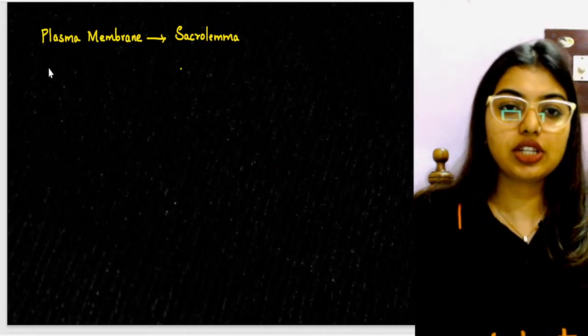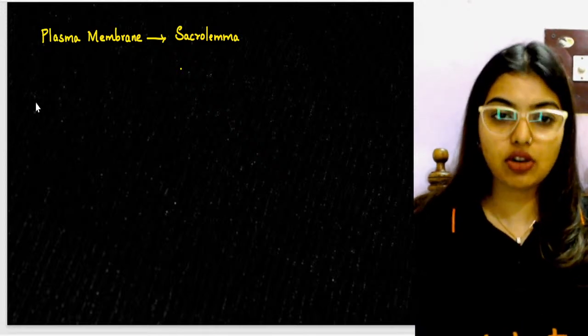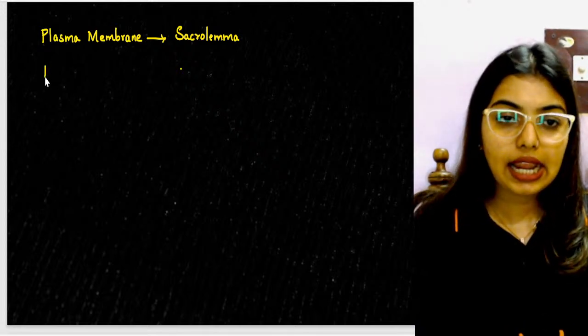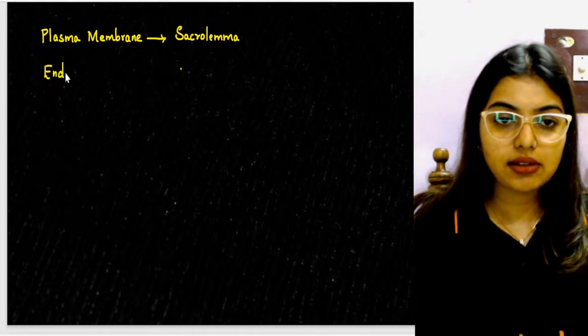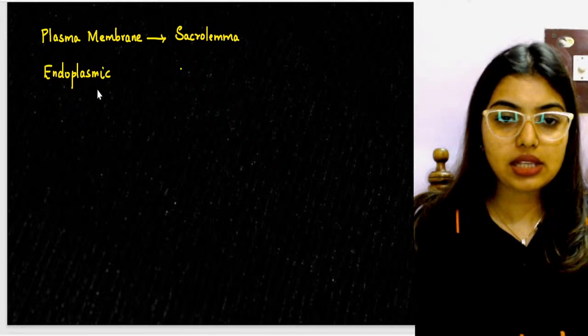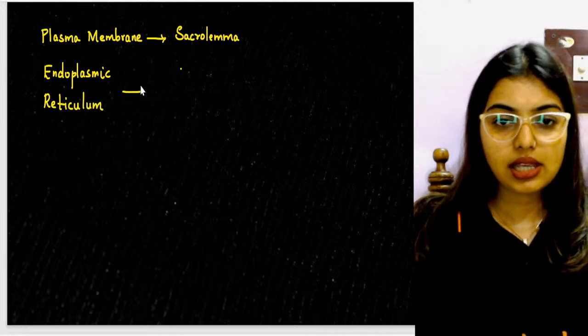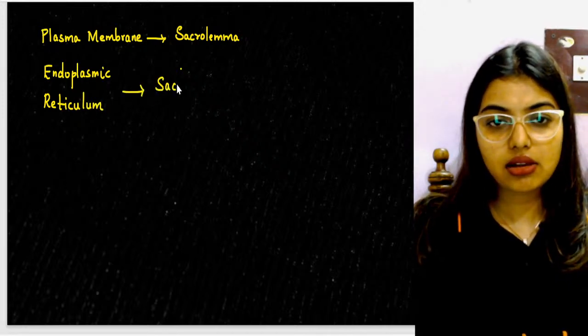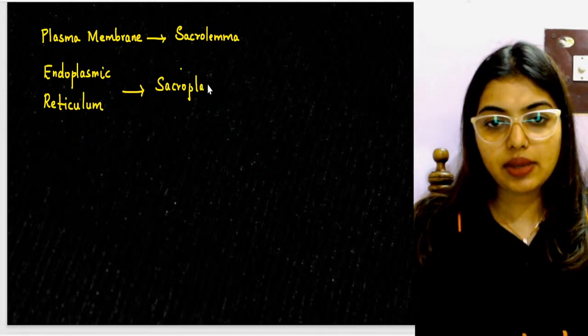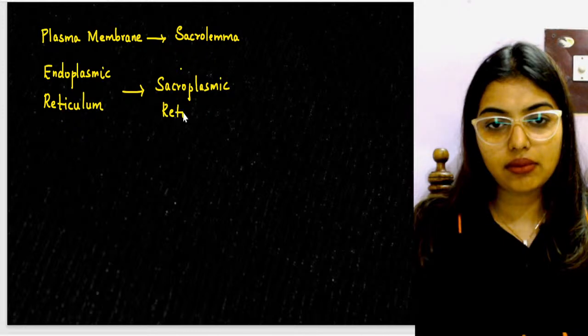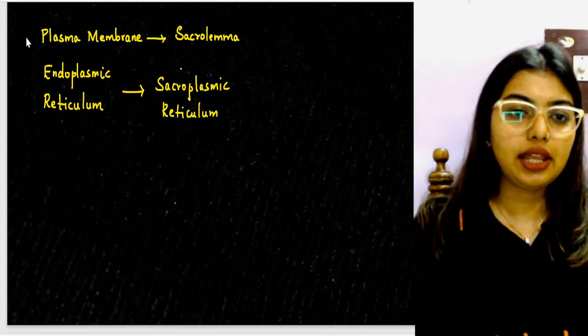Okay, so students, the plasma membrane of the muscle is called the sarcolemma, and the endoplasmic reticulum is called the sarcoplasmic reticulum. Okay, then